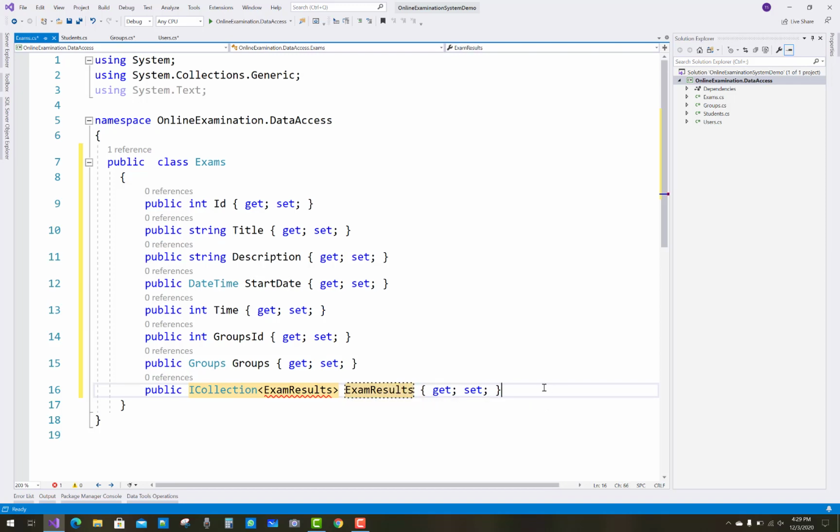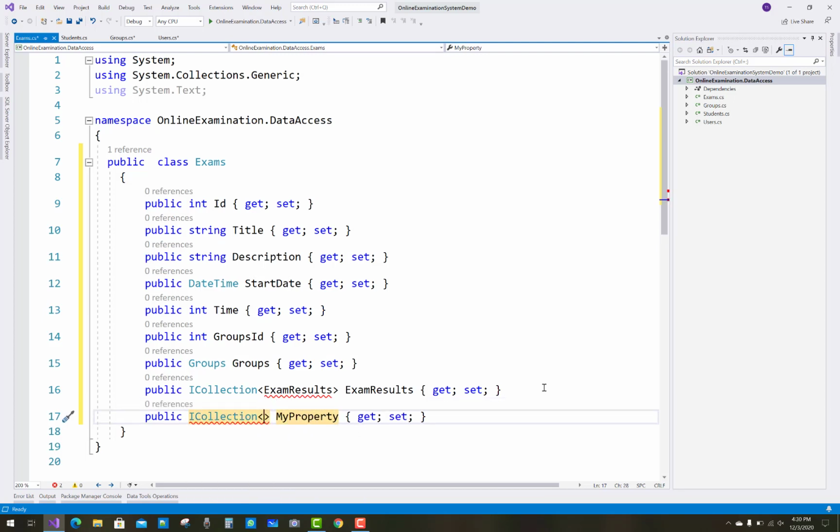And prop ICollection, and you can say question answer, QNAS. The question answer table is also there.